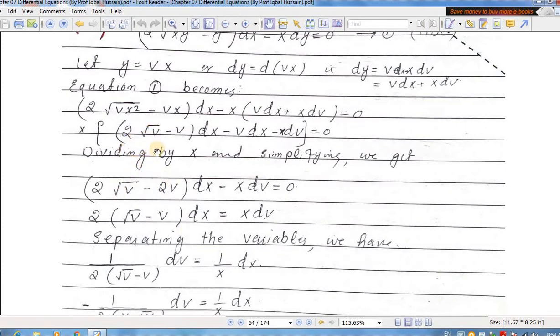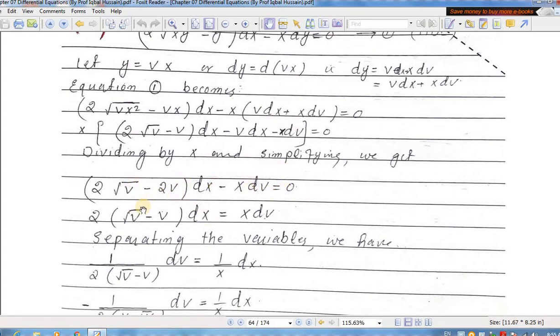This term will be here, minus v dx, minus v dx. Both the terms are identical, so we will add both the terms. Minus v dx, both will become minus 2v dx. Similarly, this minus x dv will be here, and finally we will get equal to 0. Now